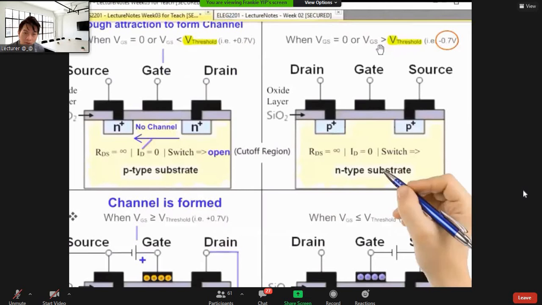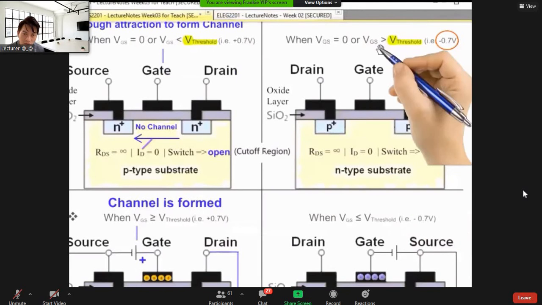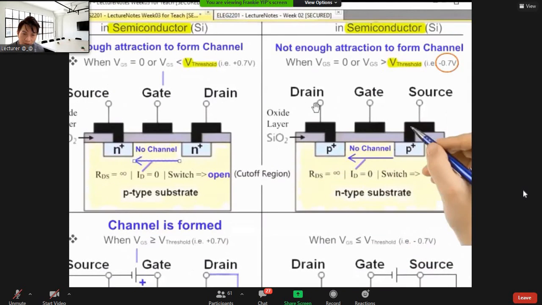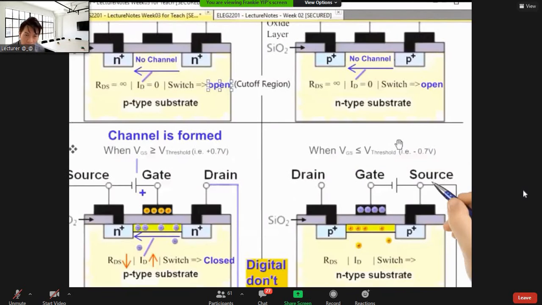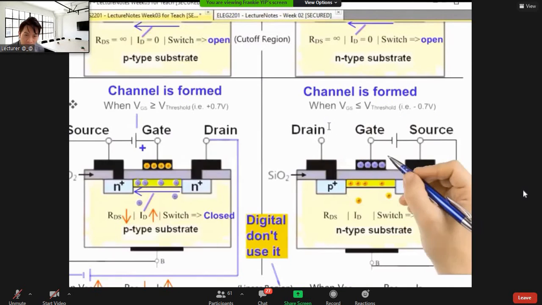Okay, how about the PMOS? Yes, I think the PMOS is almost similar, like here. Because of PMOS, we want to have the channel for P channel. P channel means it's full of holes over here, full of holes for the channel. So we need to apply the gate to be